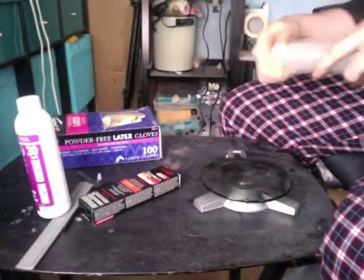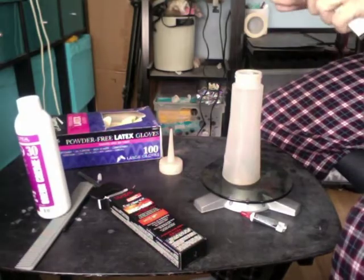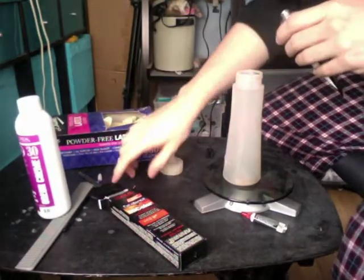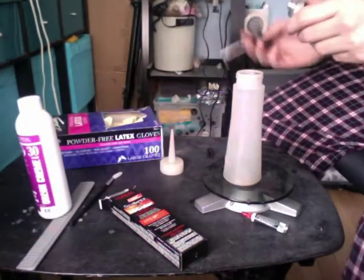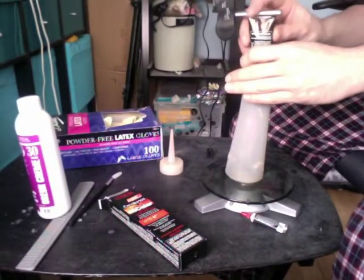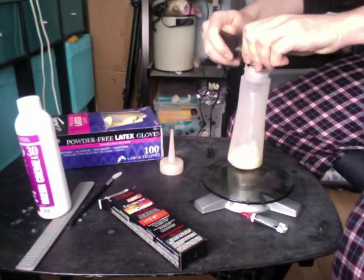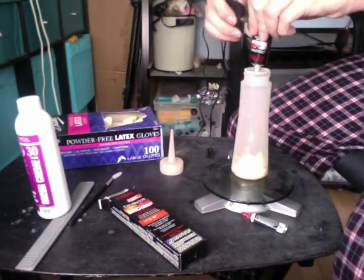So first I'm going to take my little applicator. The one thing I hate about this hair dye is that you have to use the whole tube. It says right on the tube, use the whole thing. And that's because of the color accelerator. So I just put the color key on the tip of my bottle like this. Turn the color key. And as you can see here,